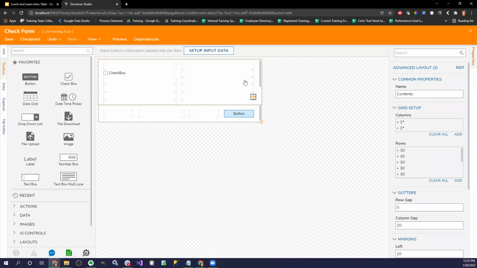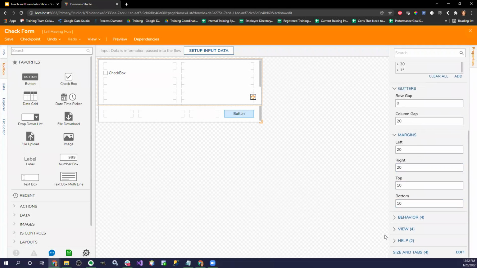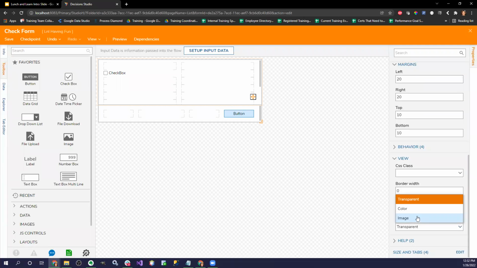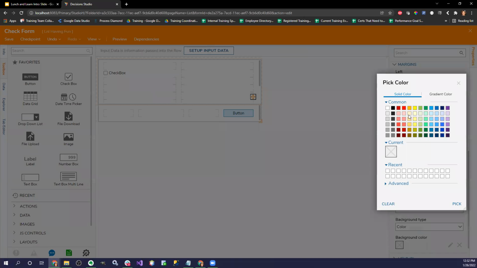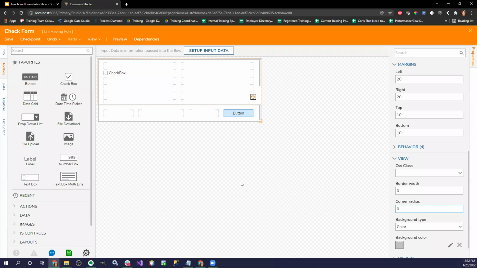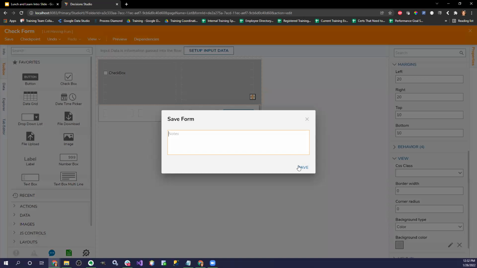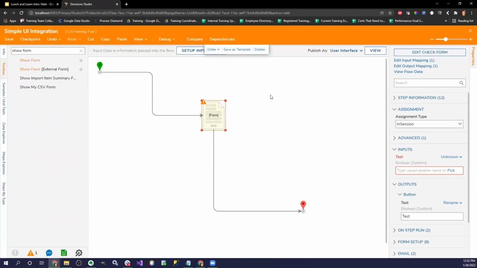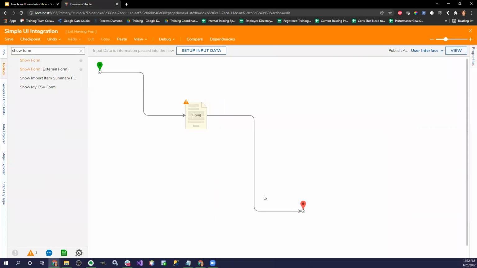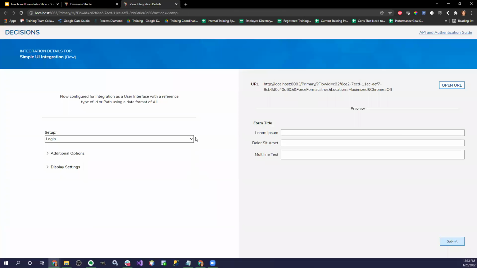And actually, let me make this form just green, just so I know that it will appear on my dashboard. Let's do a light green. Let's make it a gray. I forgot that the text of the checkbox may be hard to see if I make it a really dark color. So now what I can do is I can view the user interface. I can grab this and I can open it, and it's just going to show me my form. And I think it should max it out over the entire screen, as you can see.